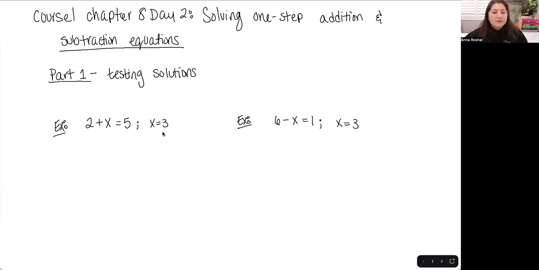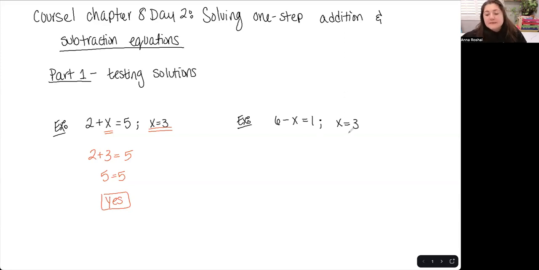Remember in a previous video, we were talking about solving different types of expressions. So we were evaluating those expressions, and we would replace a letter with a number so we could actually do this math, right? So we would replace this x with the number 3. We would do 2 plus 3 equals 5. And hey, 5 does indeed equal 5. So then yes, this is a true statement. And then yes, this solution is definitely an option in this